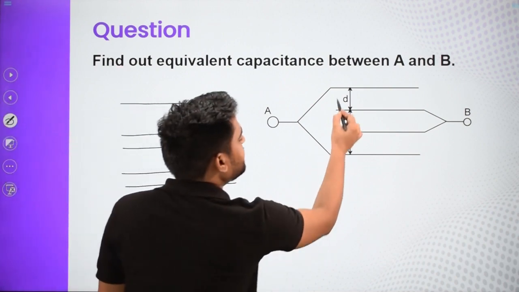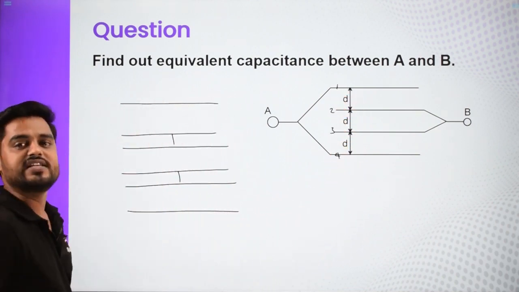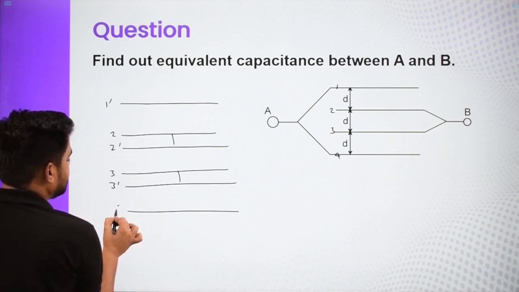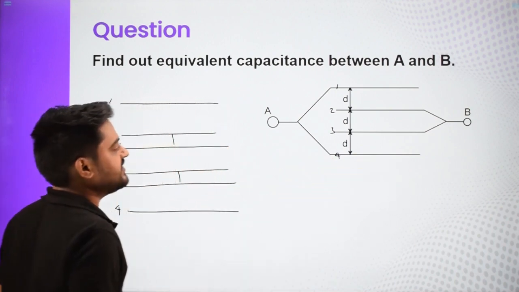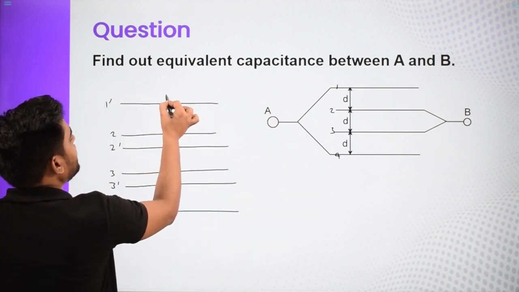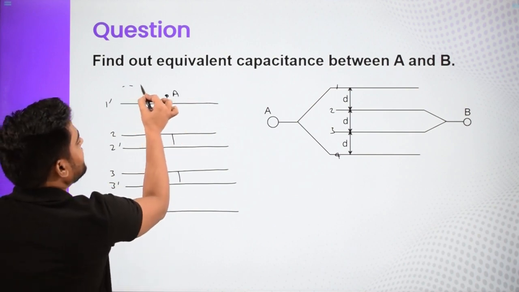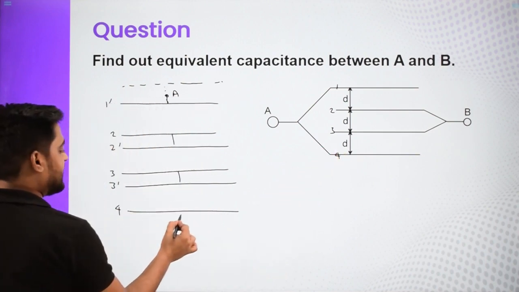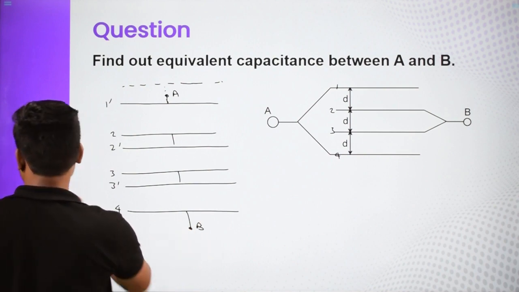Now next is give them names. So 1, 2, 3 and 4. See, 1 is already gone. This is 1 dash. This is 2, 2 dash, 3, 3 dash. This is 4, 4 dash is like I have removed it because that won't be forming any capacitor. A is connected to 1 and 4. So 1 is like over here, A between 1 and 1 dash. So I have removed that from the figure. And then 4, so 4 and 4 dash. So I have removed that also. This is A only.